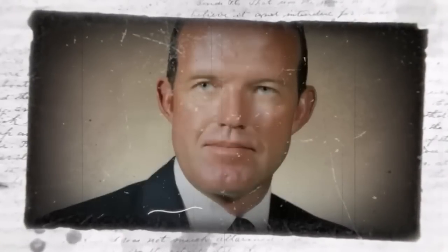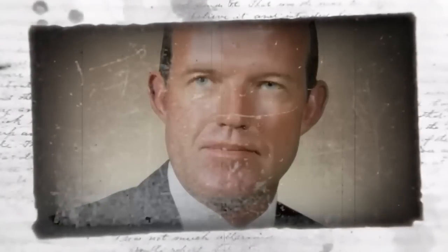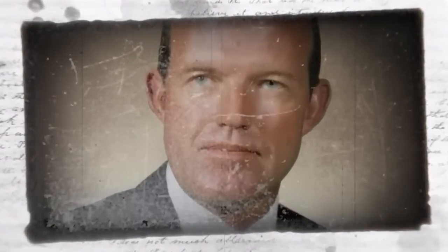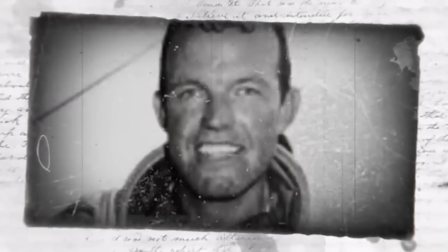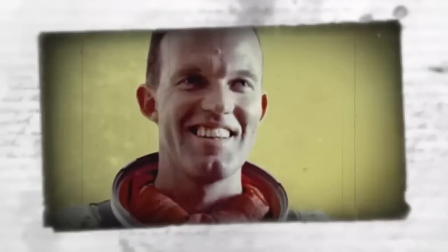One of the most influential American heroes of the 1950s, as well as the key figure in helping to locate a number of nuclear sites all around the world, was that of Major Gordon Cooper. Gordon Cooper has been a part of a number of top-secret missions in space, with several evolving around the use of highly advanced technologies. During one of his many space missions, he claimed to have come into contact with an